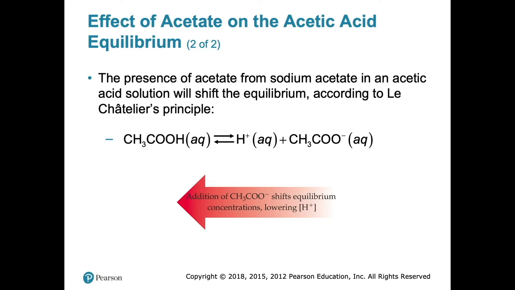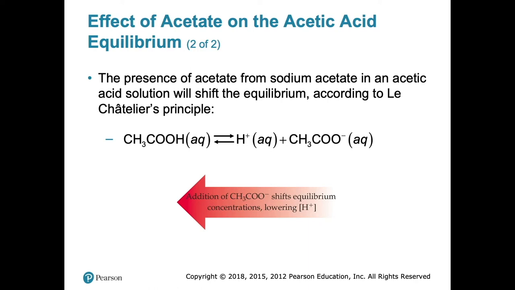It will make more of the acetic acid that hasn't been dissociated, and that makes sense too because in this equilibrium process, we get to a point where there's a certain concentration of protons and a certain